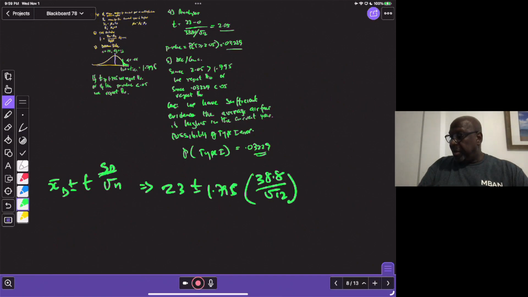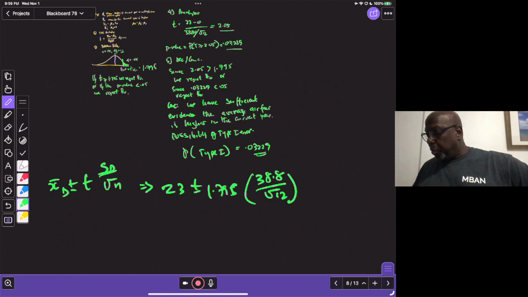Times the standard error, that's equal to 20.11. So plus or minus